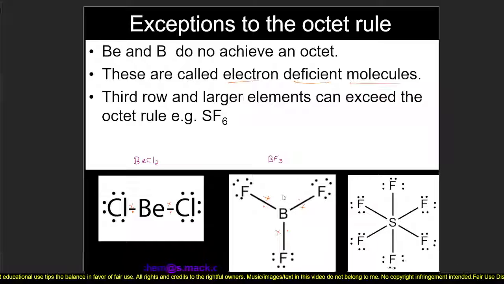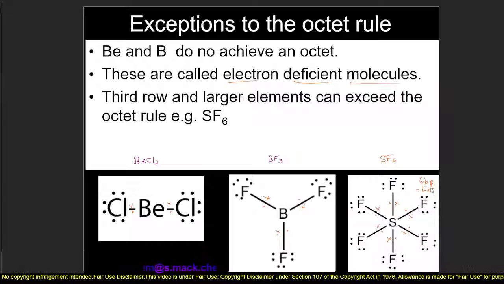Now, there are other elements which form covalently bonded molecules which can accommodate more than 8 electrons in their outer shell. One such example would be sulfur hexafluoride, where if we count the number of electrons around the sulfur atom, we're going to see 6 bonding pairs, which gives us a total of 12 electrons, more